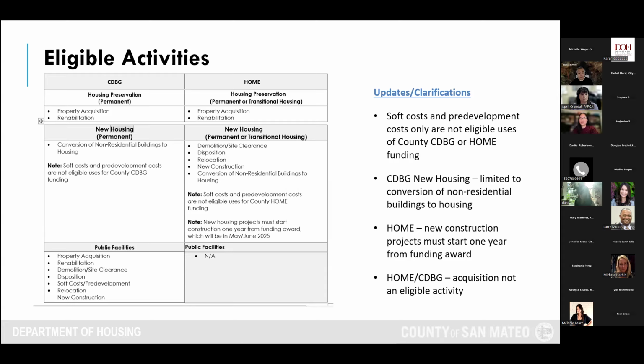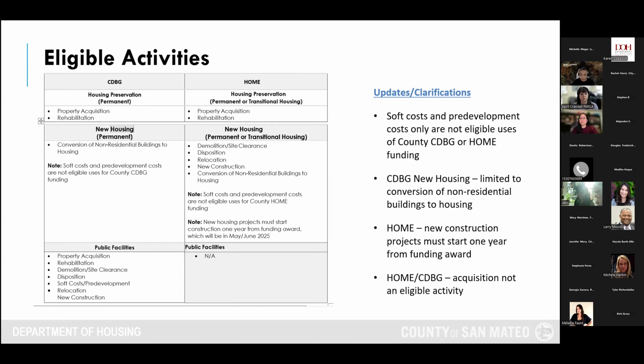For public facilities, we have property acquisition, rehabilitation, demolition and site clearance, disposition, soft cost pre-development, relocation, and new construction. And then for HOME, we are doing property acquisition, rehabilitation, demolition, disposition, relocation, new construction, and conversion of non-residential buildings to housing.